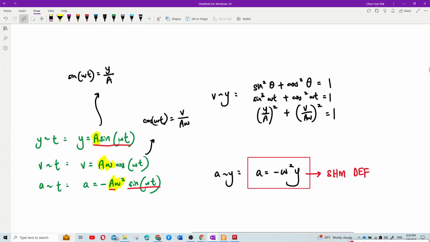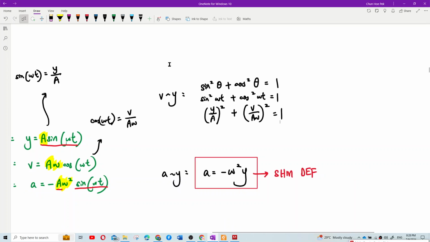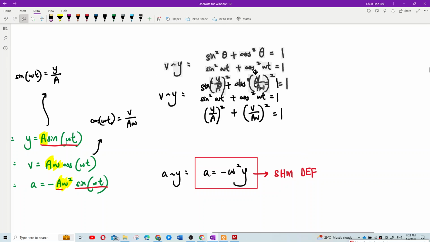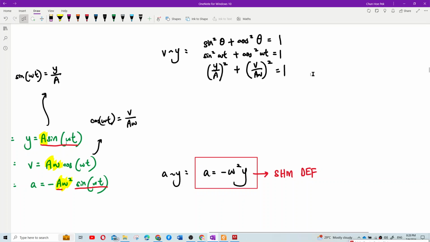Because you got square here, so you must put square there, and then after that, what do I get? Need some space, so go a bit above. So I multiply a omega, okay, I get y square over a square plus v square over a square omega square